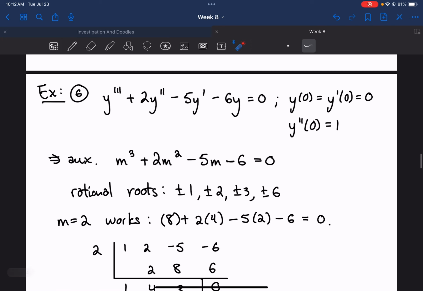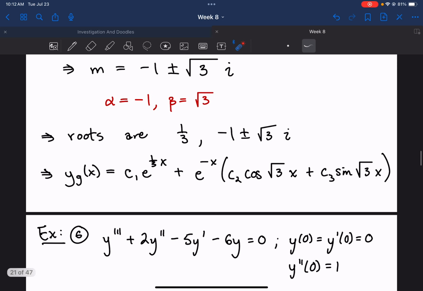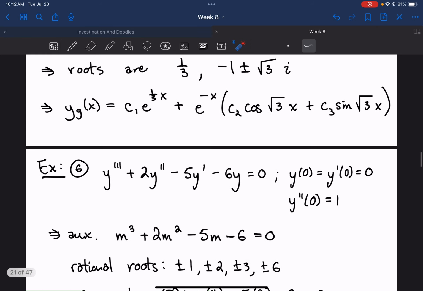Okay, here's another example. Third degree linear equation with an initial, so this is an initial value problem. It's going to be the same, right? You're going to get all the way down to the general solution. And then, once you get here, you're going to use the initial values to pin down C1, C2, C3. So we get